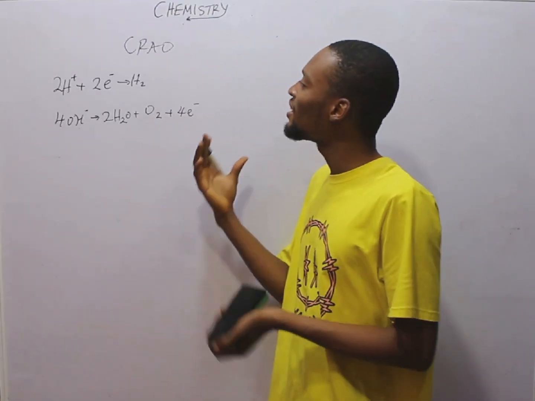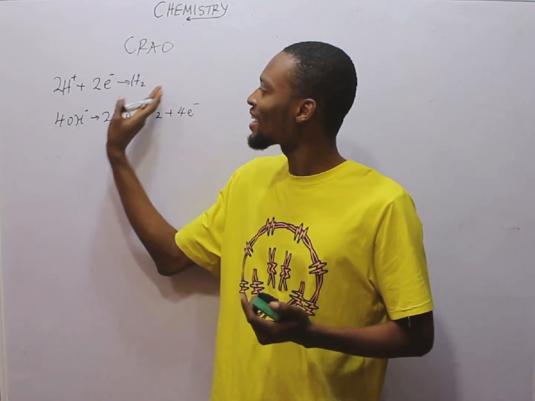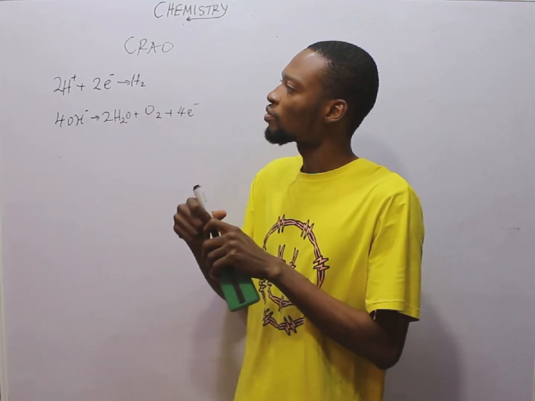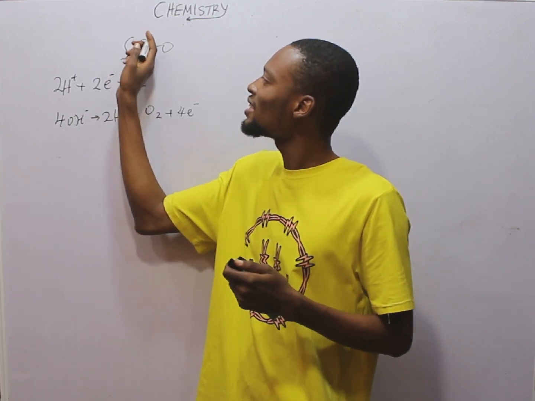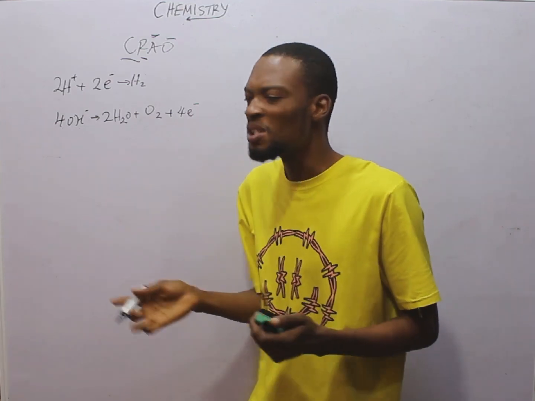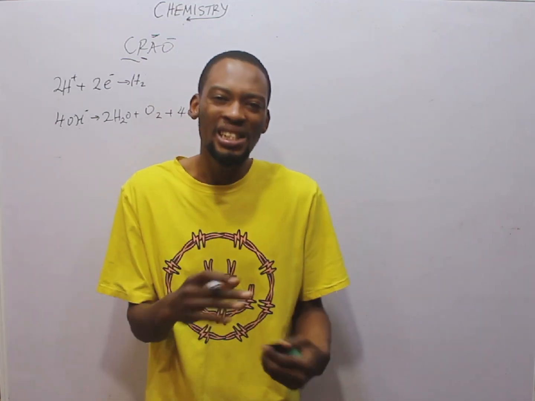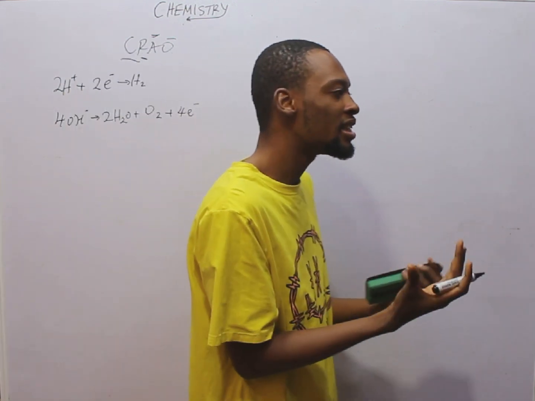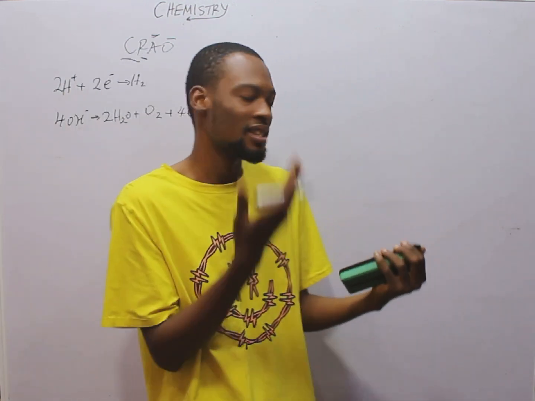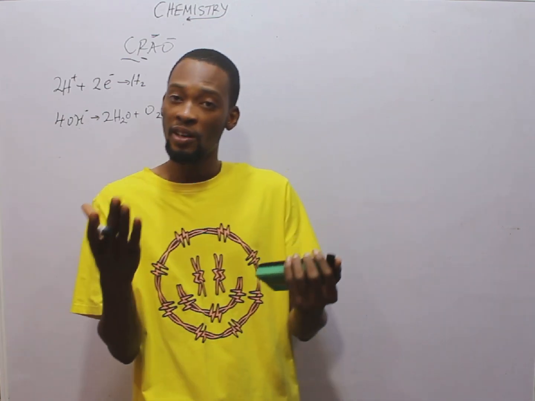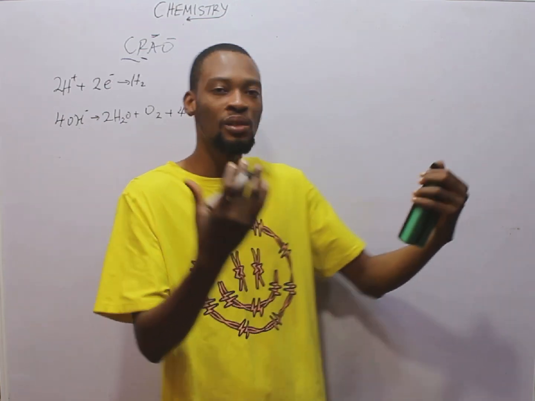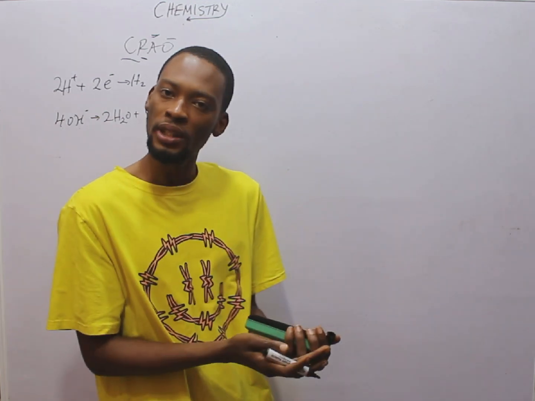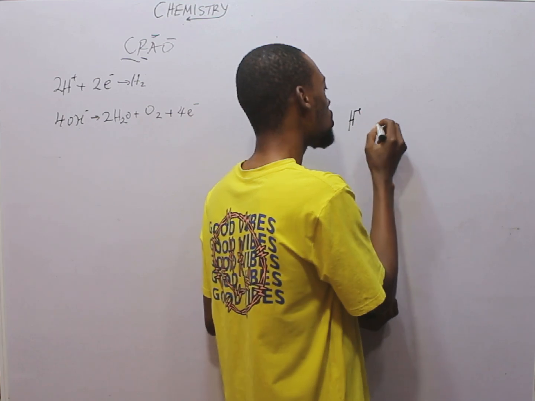At the end of the electrolysis of dilute sodium chloride, this is the cathode equation, and this is the anode half equation. Remember, at the cathode, reduction takes place. At the anode, oxidation takes place, which means oxidation and reduction are still being treated under electrolysis. Now look at something. I said electrolytes are compounds or substances that allow the flow of electricity or direct current when they are in molten state or when they are in solution. When they are in solution, it means there is water, and water contains hydrogen ion.